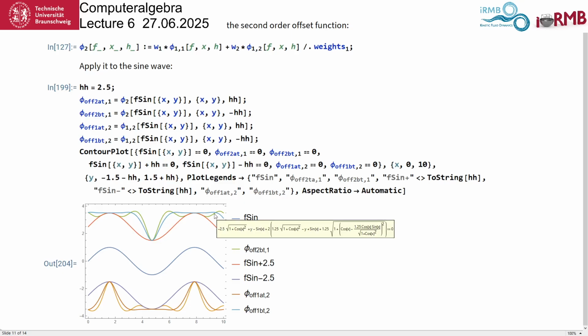We have not tested it, but it has a better convergence. So having a better convergence does not necessarily mean that for any value that we put into it, we get a better result. It's a very important